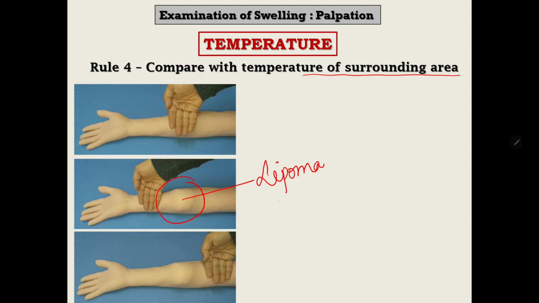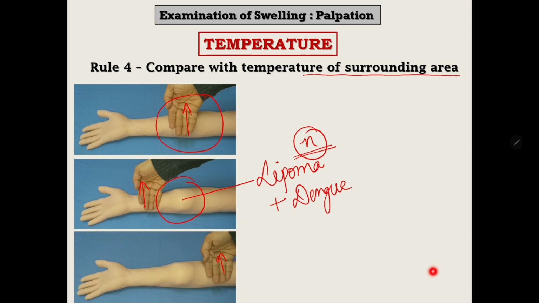But now additionally, imagine that this patient is having some febrile problem like say dengue or malaria or anything else. Now what will happen if you examine him, and if you touch the swelling, here you will find that the temperature over swelling is raised, because here you are comparing the patient's skin temperature with your temperature. But the moment you touch the surrounding area, you will find that the temperature is raised all over. So in that case, the final conclusion will be that the temperature is normal, local temperature. Patient is febrile, but here we'll call the local temperature to be normal.